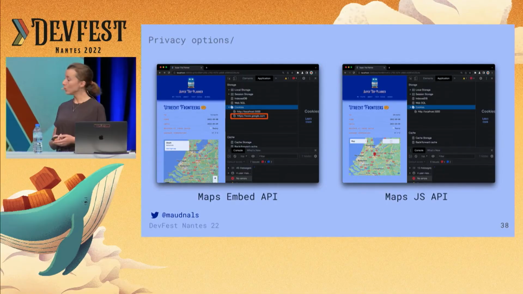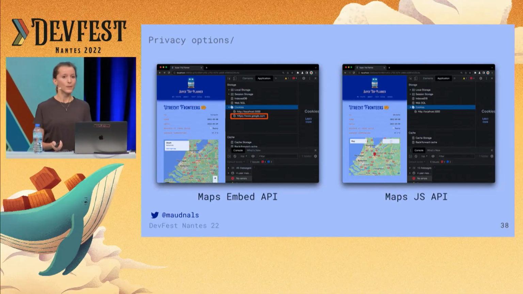So what else do we have here? Well, quick, we have maps. So we're using Google Maps in that case specifically. And there are actually two ways. I didn't know about that before building this little demo. There are actually two ways to embed maps into your web app. The first one is the Maps Embed API, and the second one is the Map.js API. So there are a few differences between the two.